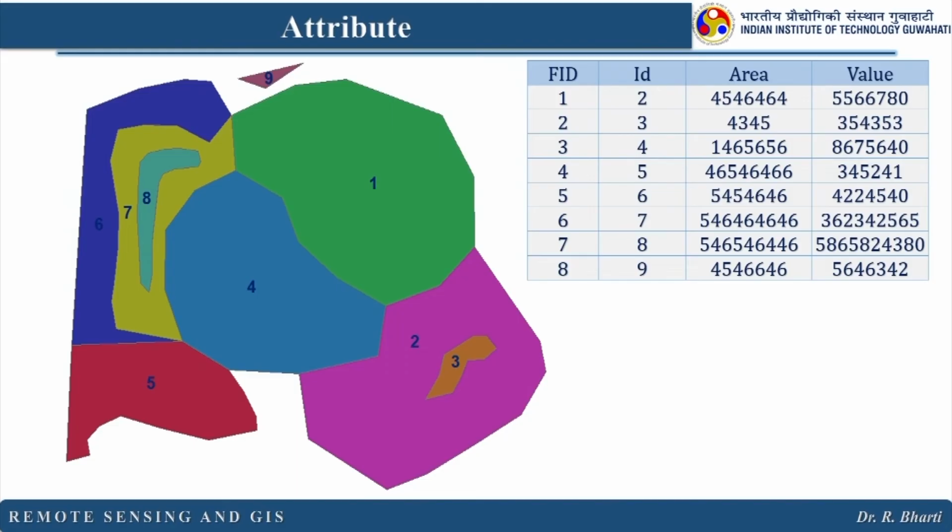So if you want to identify, give me a location where x parameter is less and the rest are high, or x is minimum from all the collected values. Such queries can be run on this particular database and you can get the answer. That is very easy. So this is the advantage when you are dealing with vector and raster data in a GIS